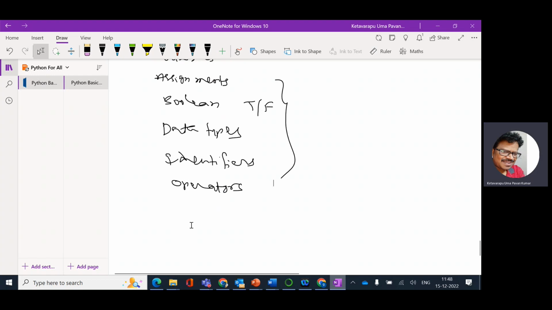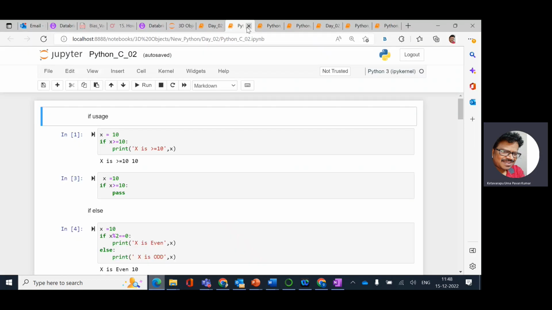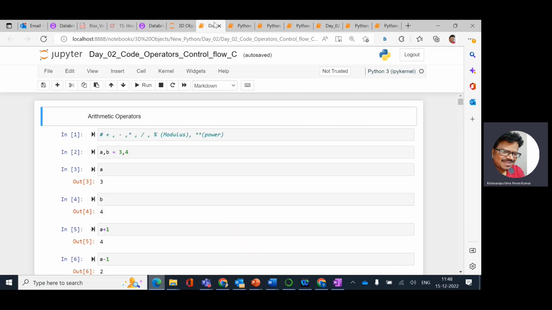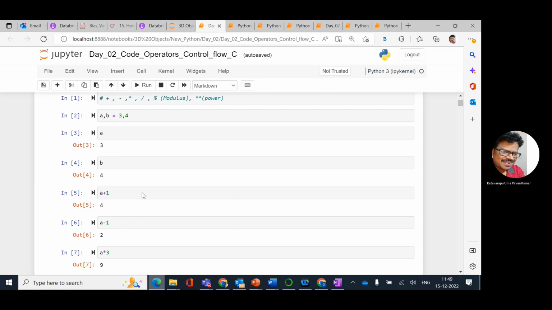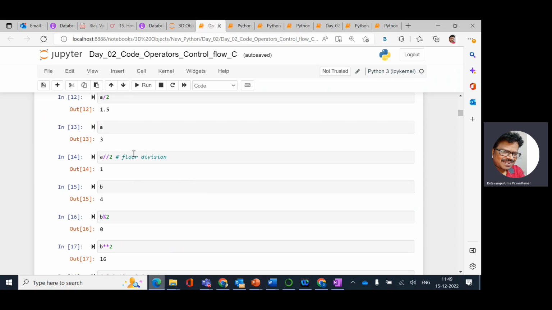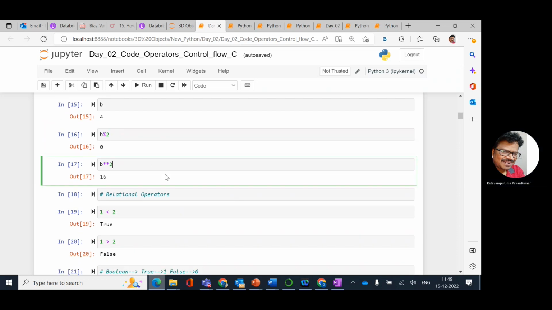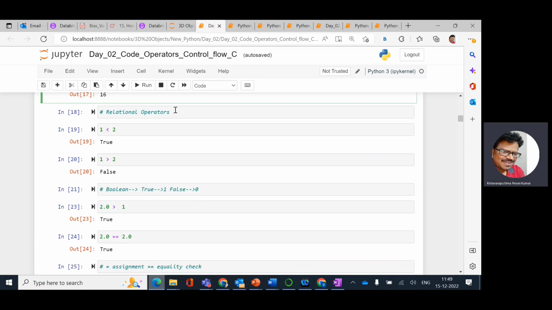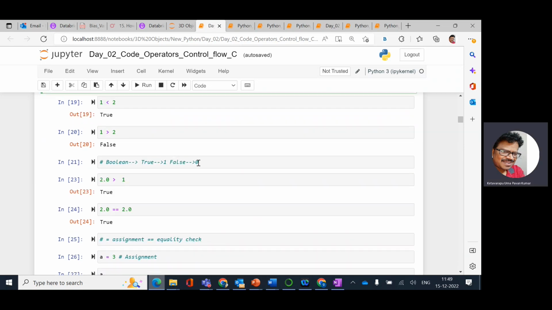If you are observing the quick walkthrough, just have a look at this. I am making use of arithmetic operations. We have seen addition, subtraction, multiplication, division, modulus, and power, with the help of some variables. Float division is a decimal kind of thing, whereas floor division gives the integer kind of division. Modulus, power, all those things we have seen, and relational operators, less than, greater than, all these kinds of things,